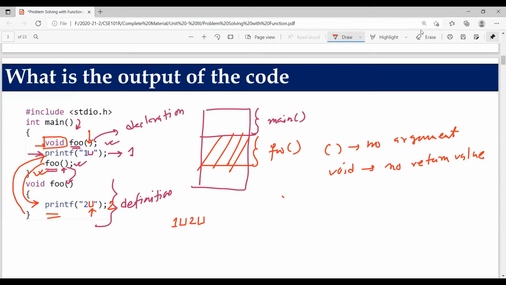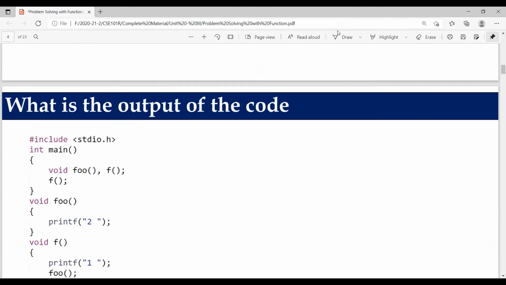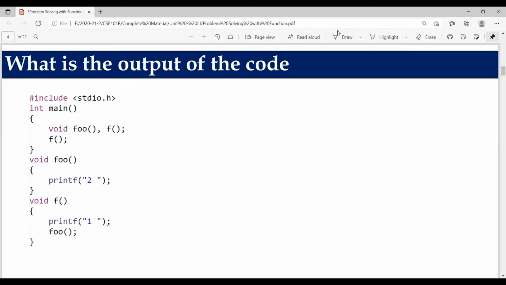So let's move further to the next program. Okay, let's see. It is very interesting over here. So now we start code execution from the main method. Before I draw the picture of RAM, because there is no such variable, no need to draw the picture of RAM. So see, a very interesting fact in this first line. Earlier we have seen this kind of syntax for variables, that in the same line we are declaring multiple variables. Not only that, we have also seen that multiple variables can be initialized in the same line at the time of declaration.